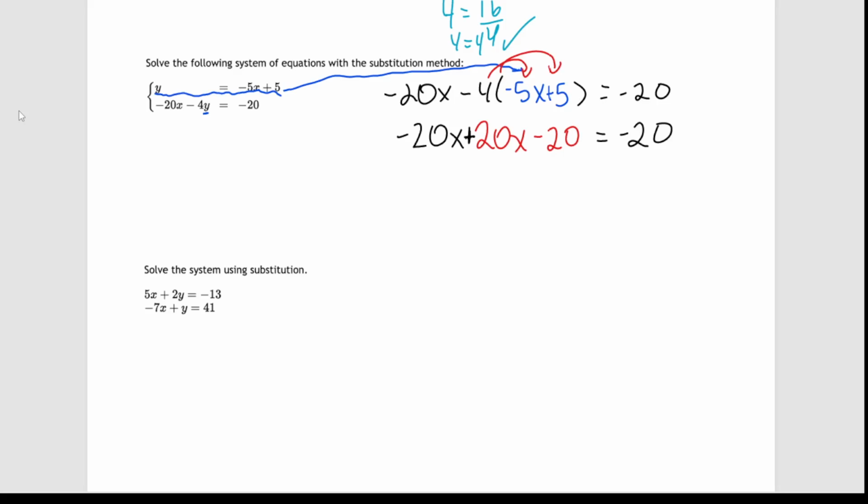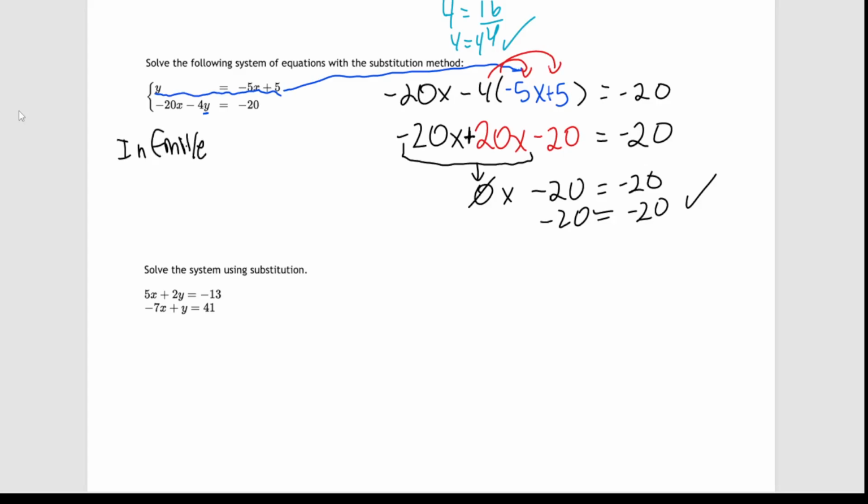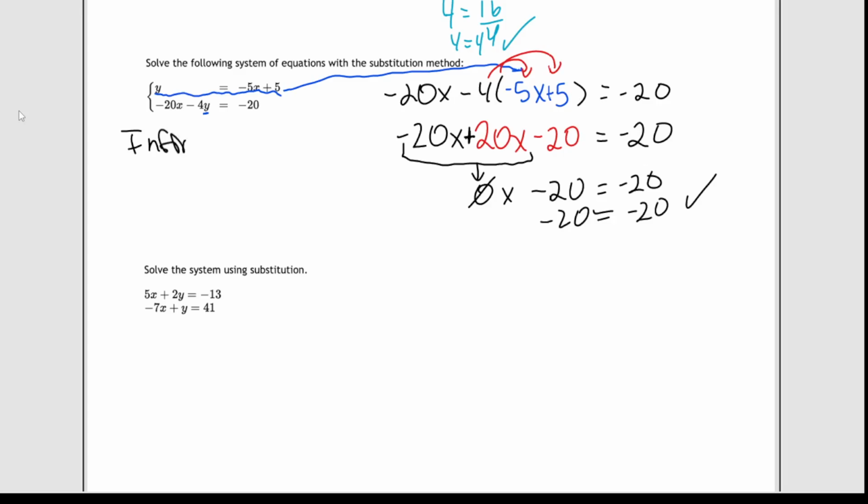Now if we keep on going, combine like terms within one side of an equal sign. Negative 20 plus positive 20 is going to make 0 x's. Minus 20 is equal to negative 20. And negative 20 does indeed always equal negative 20. So because this is a true statement and all of our x's went away, this would be considered infinitely many solutions, aka consistent but dependent,